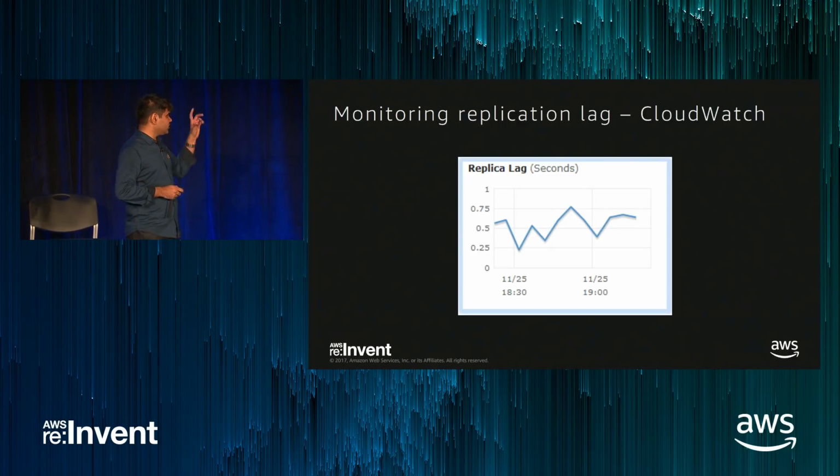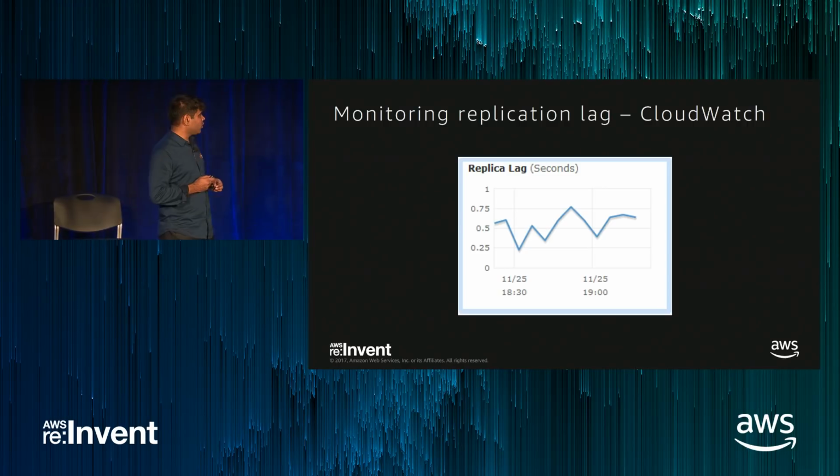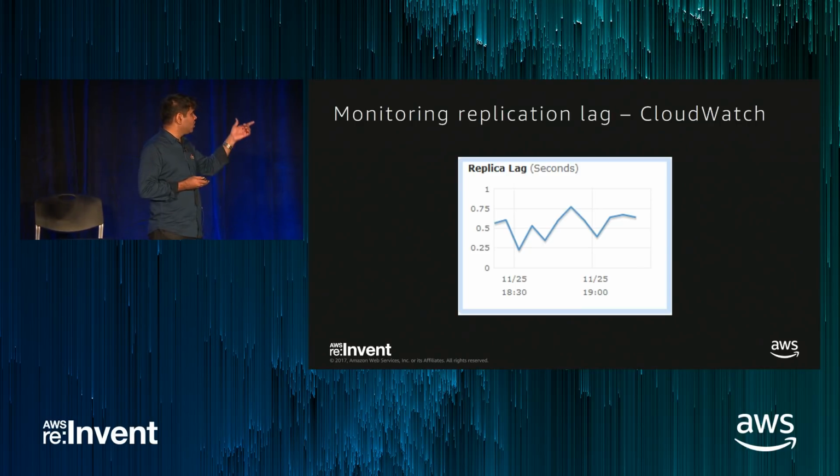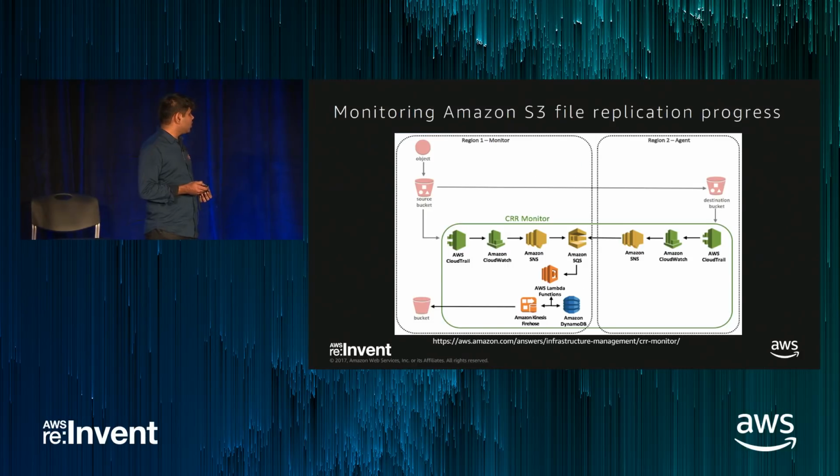So let us take a deeper look into each of these aspects. Replication lag, if you are using AWS services like RDS, is directly available in CloudWatch. So your life is easy. If you are using something like S3 file replication, which automatically replicates files from one side to the other, at this time you will have to develop a very simple custom solution. So S3, whenever a file is added to it, sends out an SNS notification, right? And when the file gets written to the other side also, it sends out a notification.